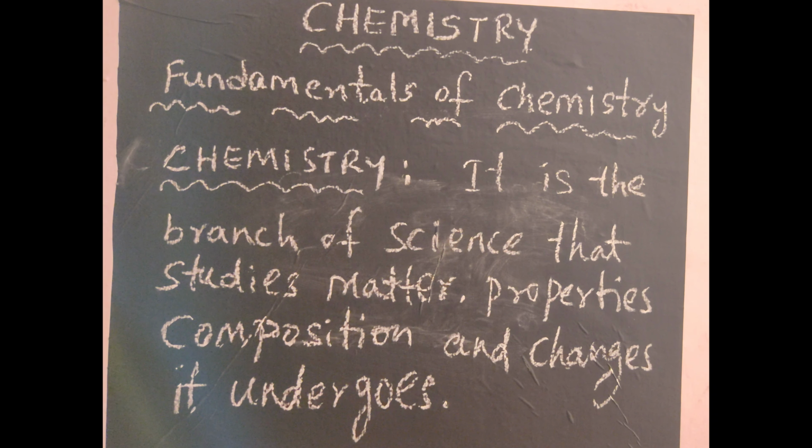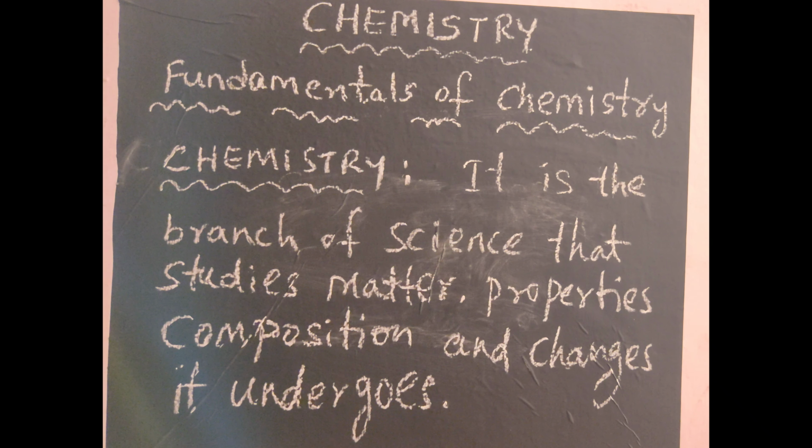Next, coming to the composition. Composition means what a substance is made up of. For example, this chair is made up of wood, right? And a glass is made up of metal, that is steel or copper or whatever. In the same way, the wall is made up of cement, bricks and all. So composition is nothing but what matter is made up of.